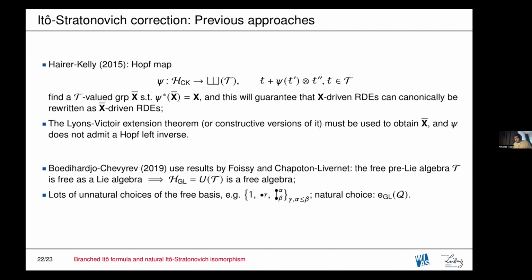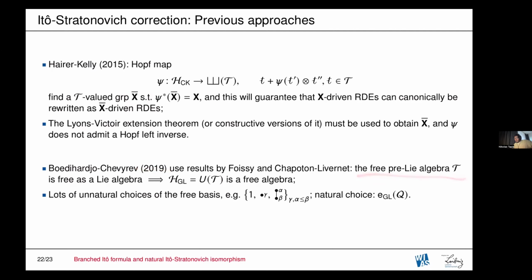And moreover, it relies on Lyons' Victoir extension, so in some sense, it's also non-canonical. You can find many X bars, the geometric X bars that are representing your original branch of path. So in that sense, it's a good thing you can do it, but it's not the optimal way. And then Boedihardjo and Chevyrev in 2019 used